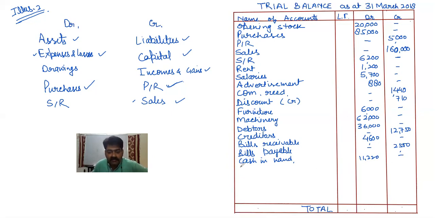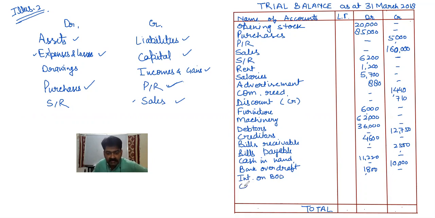Next is bank overdraft. You know bank overdraft is one of the liabilities, and liabilities have a credit balance, so it will come in the credit side. Sorry, the amount of bank overdraft is 10,000, so this amount will come as 10,000. Okay. Now next is interest on bank overdraft. Interest on bank overdraft is one of our expenses, 1,800, and you know all the expenses and losses will come in the debit side. Like this, interest on bank overdraft will come in the debit column.